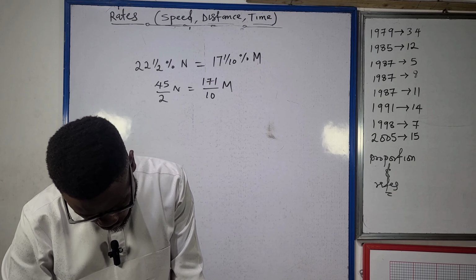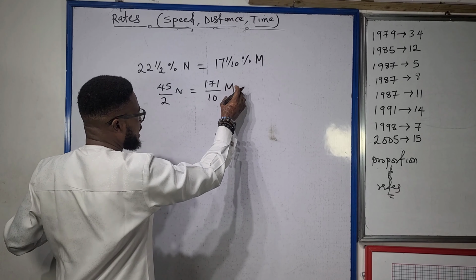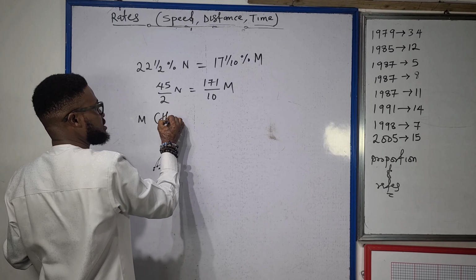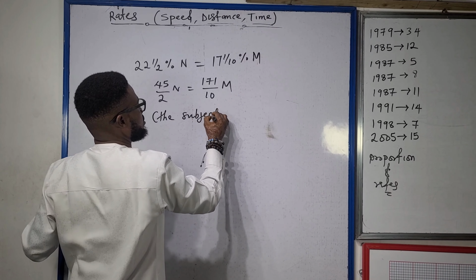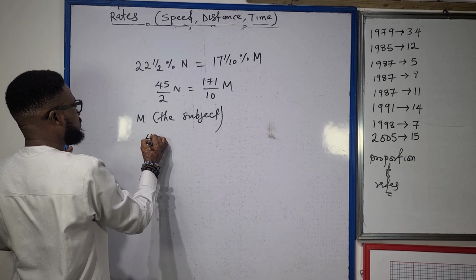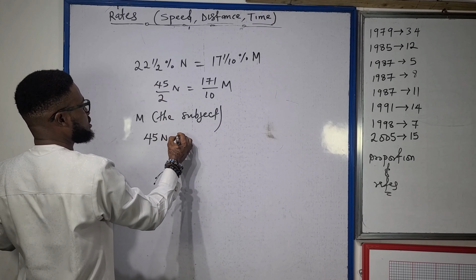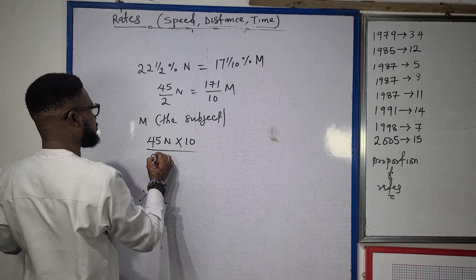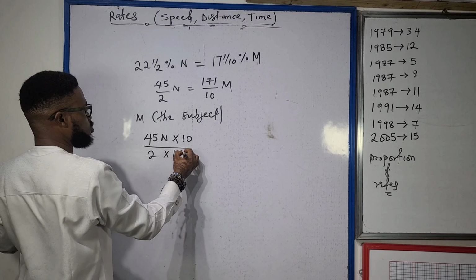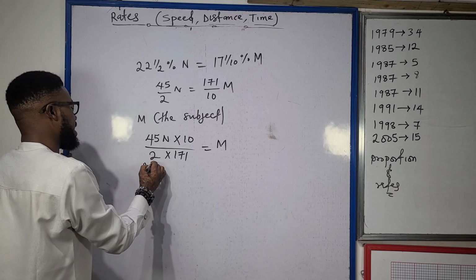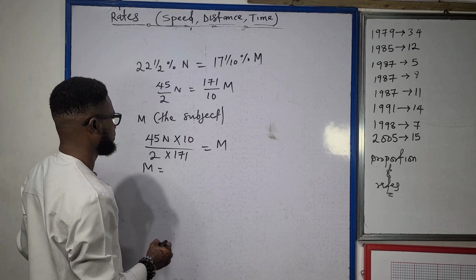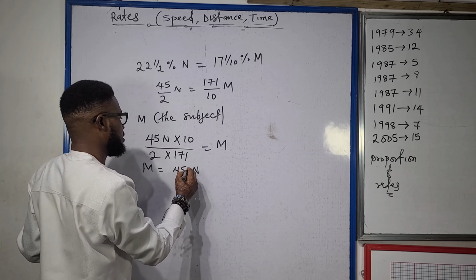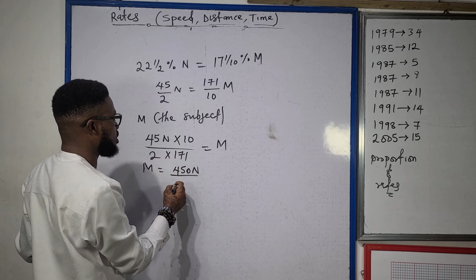Now what the question here wants is, what is the conversion rate of M to Naira? So I want to convert M to Naira in such a way that I want to make M the subject. So in this case, 45N, 10 comes here, times 10, and then 171, I have 2 here, 171 comes here, times 171 equals M. So that my M equals 45 times 10, that is 450N, 450N divided by 2 times 171, that is